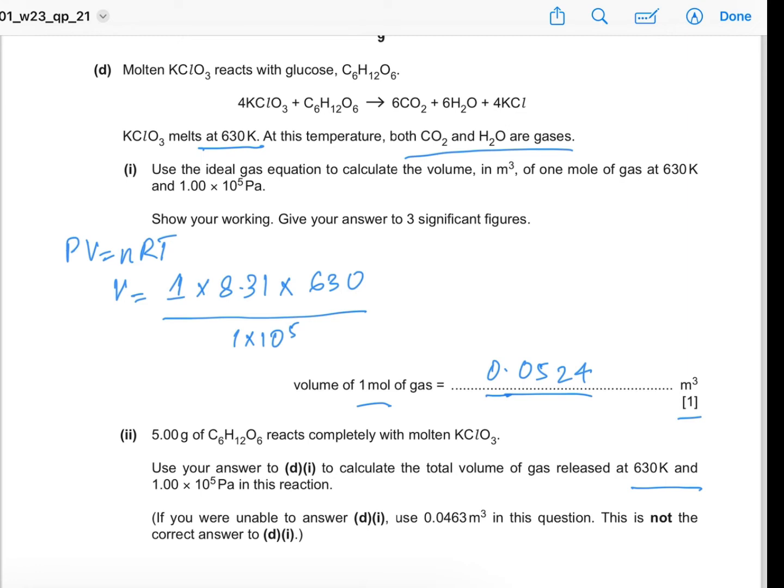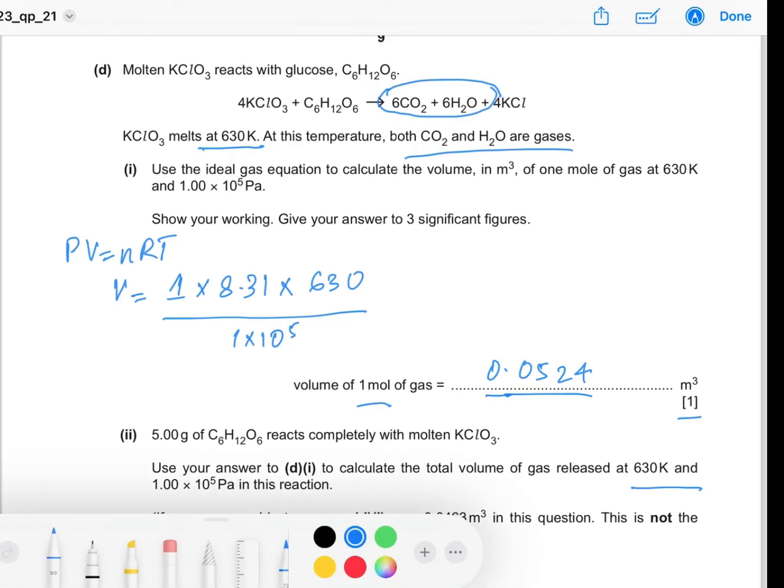So the first part of your answer will include finding the total number of moles of gas produced in this reaction, which are carbon dioxide and water vapor. You start with 5 grams of glucose, which will react completely. You will convert this 5 grams of mass into the number of moles. Then you will use the ratio in the equation, which states that 1 mole of glucose produces 6 moles of carbon dioxide and 6 moles of water, as in 1 mole of glucose will provide you with a total of